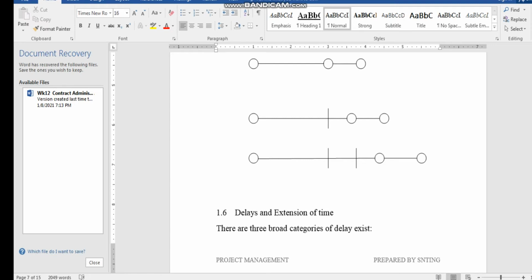Extension of time and delays are very, very big topics, like I say. This is one of the major contract topics. So every contract will have clauses on extension of time, on delays, and what is considered as excusable delays. They will talk about things like additional work, force majeure, inclement weather, and many other things, late instructions maybe. So those are usually excuses